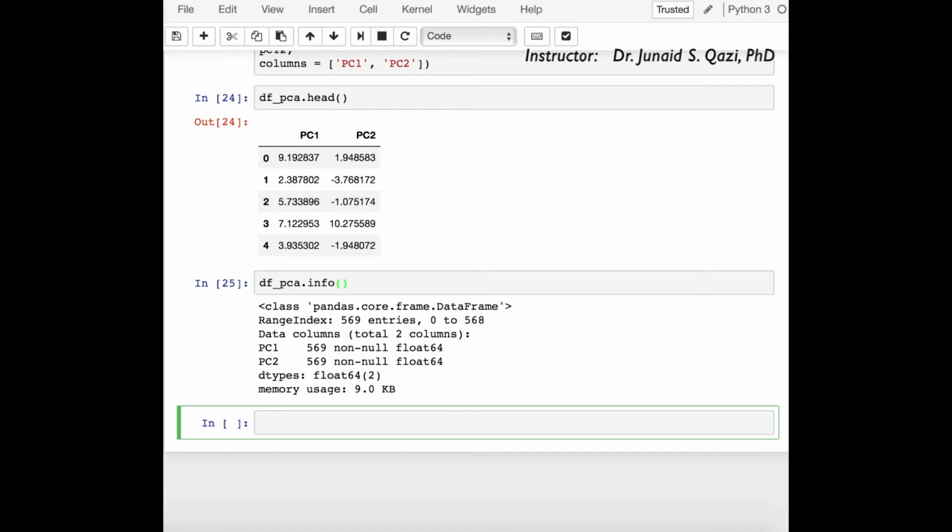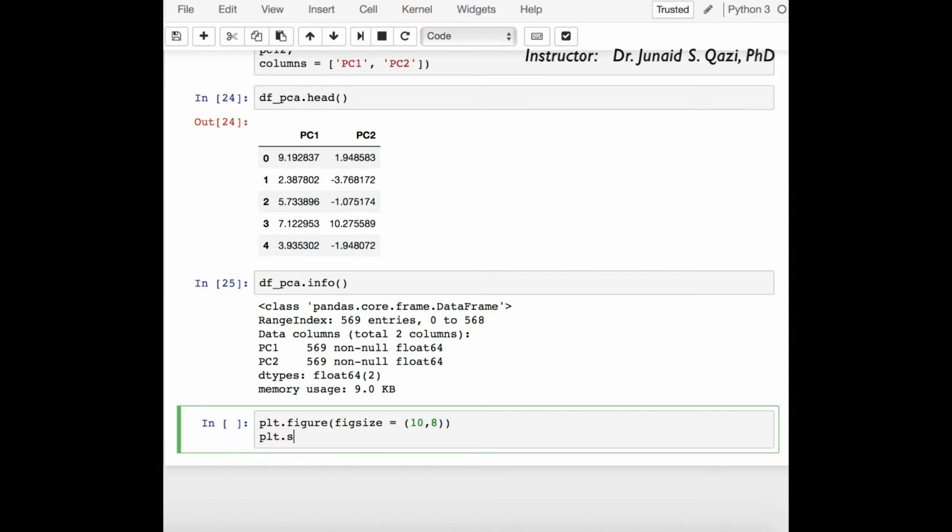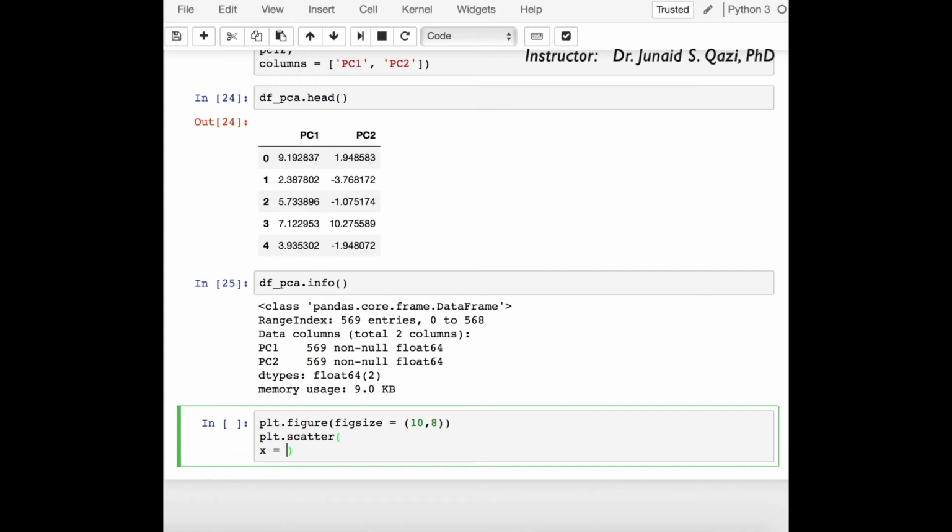We are lucky that we have a target class here. So just to distinguish the target values, we can simply pass in c as a target value. We can plot a scatter plot here, plt, create a figure. We can pass in figure size, figsize equal to say 10,8, and then plt.scatter. X is our df_pca PC1